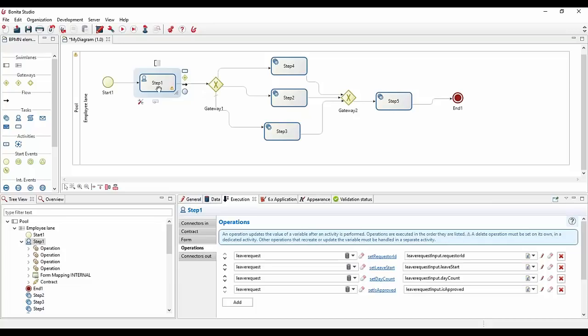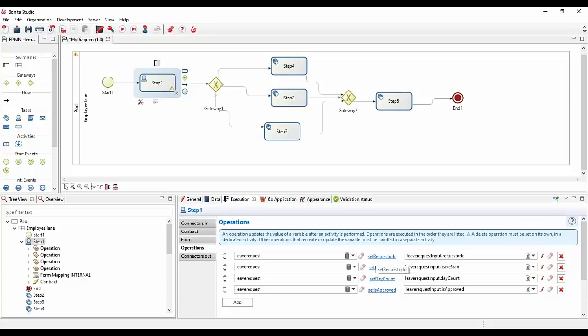So at this specific step, when the form has been submitted, I want to make sure that everything provided from the form as a contract input is used and stored inside the business variable reference that I have as part of my process.